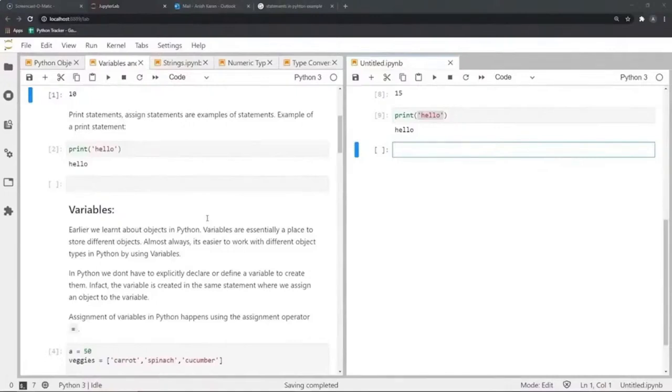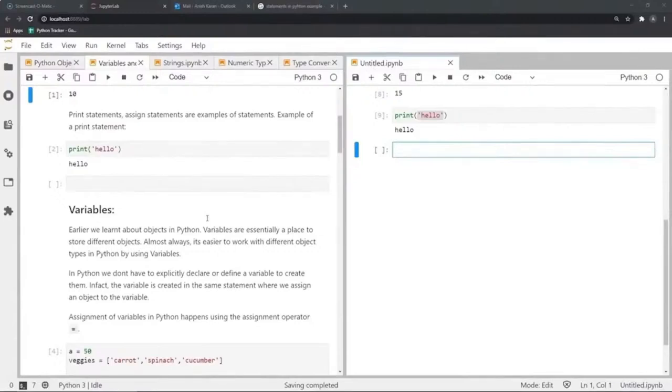Variables are a place to store these different objects. Usually, it's much easier to store objects in variables instead of using the objects explicitly, because objects may be very complicated, whereas variables are very simple to use and are named in a very simple manner so that we can use them quite often in our programs.